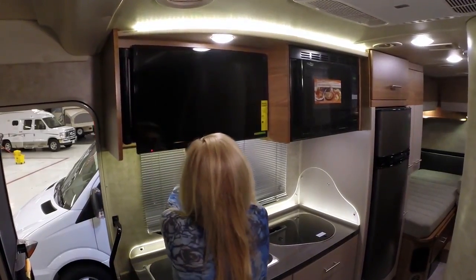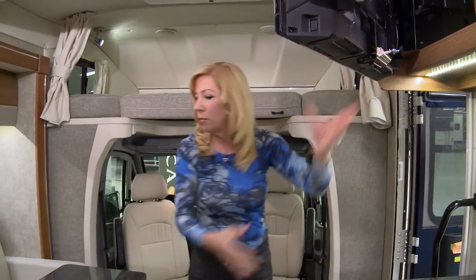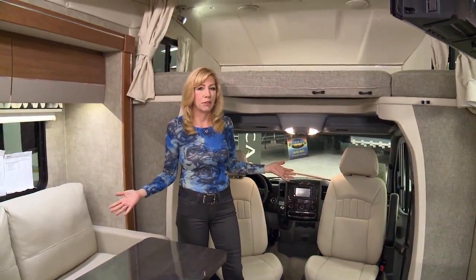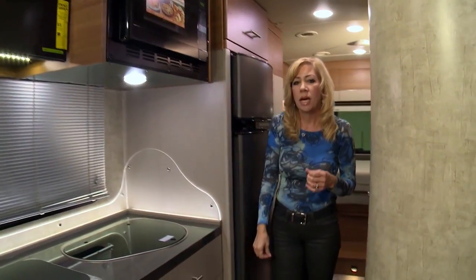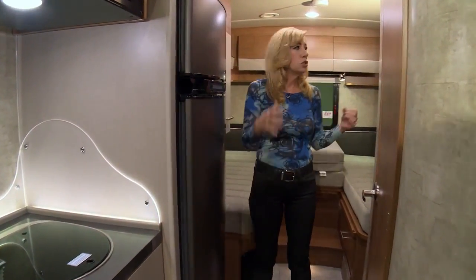The TV has this really great easy latch. You pop it out, you come back over here, and now you have a seating area for 6 people to watch a movie together. So once again, a smaller RV with so many of the luxurious comforts of a bigger motorhome. Now, moving back to the back of the RV, and once again considering storage, there is so much storage